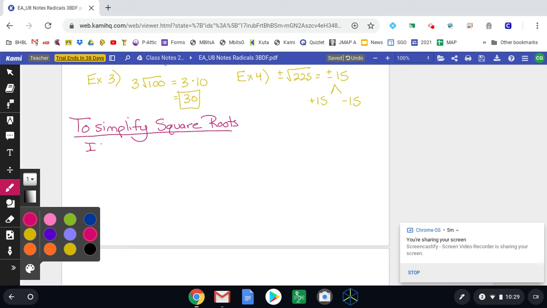Okay, so if the value under the radical, call that the radicand, is a perfect square, we do it just like we did above. If it is not a perfect square,